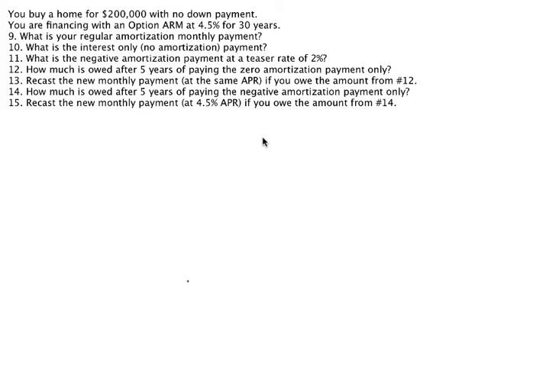Okay, we're going to begin solving. This is assignment 6.6, numbers 9 through 15. This is now dealing with an option arm mortgage. Option arm is the trickiest mortgage we will use this year, and so we're going to learn how to calculate it. Now, I'm going to calculate number 9,